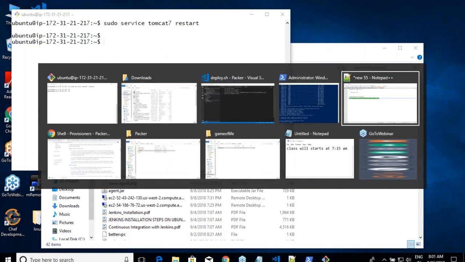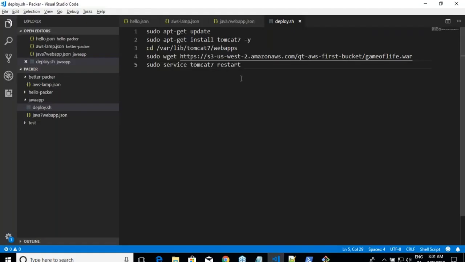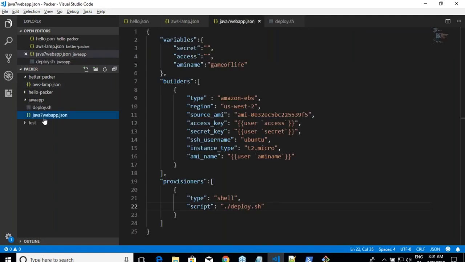But till this moment, if you have seen, if my installation steps are right, I'm not doing a very different job in Packer. Yes or no? Tomorrow, if you want to build another image in AWS cloud, you might be changing the source AMI, you might be changing the region, right? And you will definitely change the provisioning script. Tell me any other change which you are going to do.